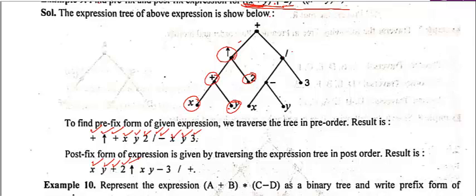Now you have visited the left, then right, but in the right you have a left also, then left. You cannot visit this one, you have a left also. Then you will visit x first, then right, then root. Then you have visited the left, then right, then root. You have visited left, right, then root. So plus in the last. So this is the postfix form of expression. So you must know how you will be able to write. I hope you understand how you are making these prefix and postfix expression notations.